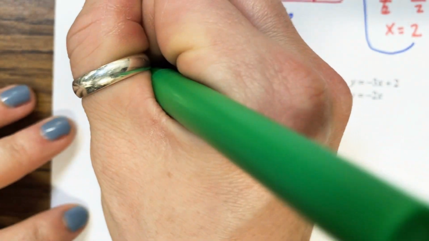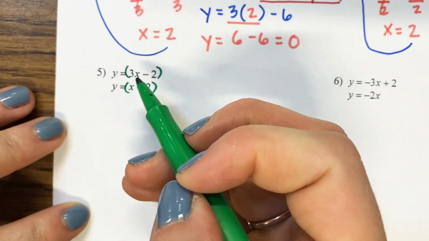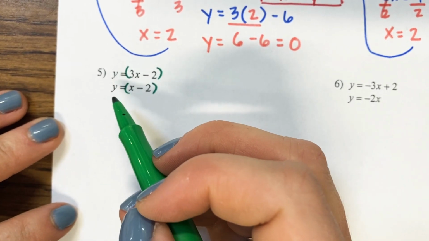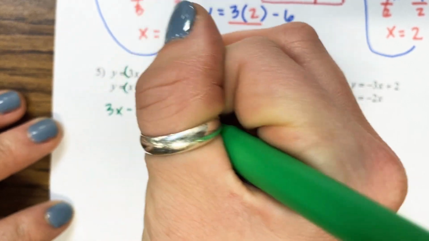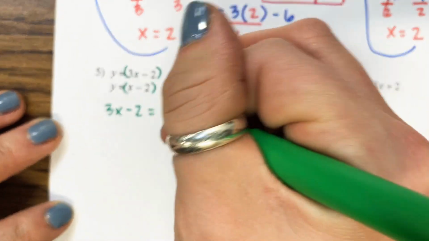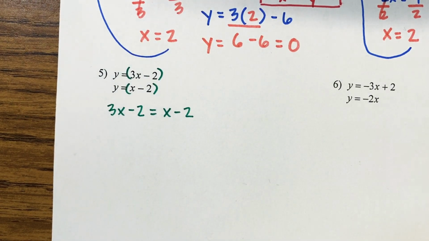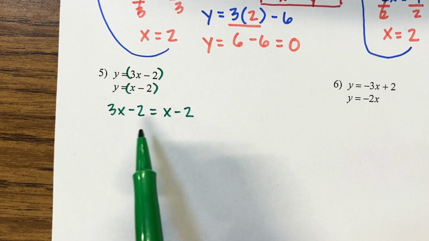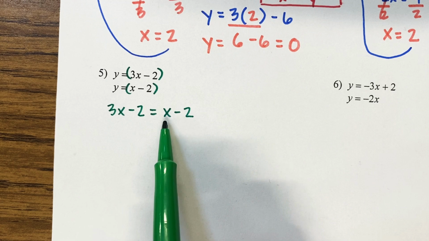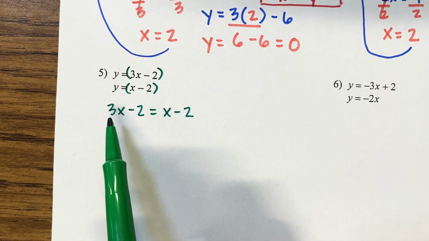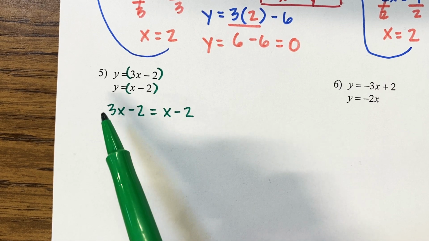Okay, so I see that y is equal to this piece, and y is also equal to that piece. Okay, well, since y is the same thing as y, we can set the first piece, 3x minus 2, equal to the second piece, x minus 2. Okay, well, in order to solve for x, we need all of our x's to be on one side of our equal sign. And notice I have one x over here, and I have 3 x's over here. We need them all to be on one side. So we need to move either the 3x or the